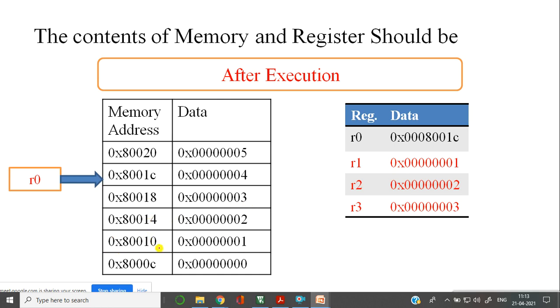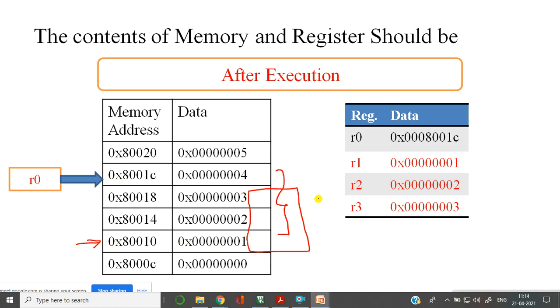Simultaneously, in a single instruction, I should use only one instruction, but it should copy from this address location to this address location. 1, 2, 3.